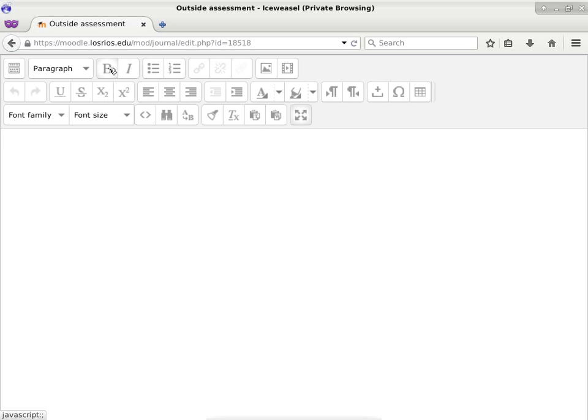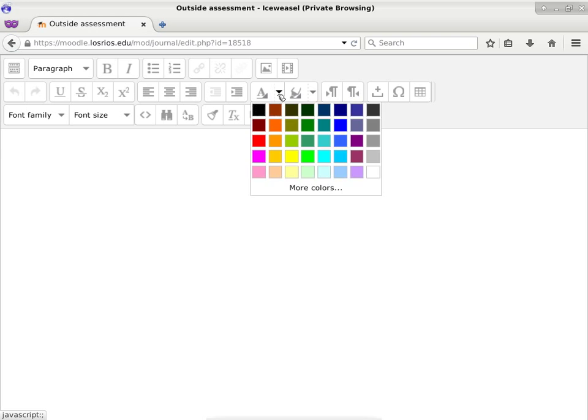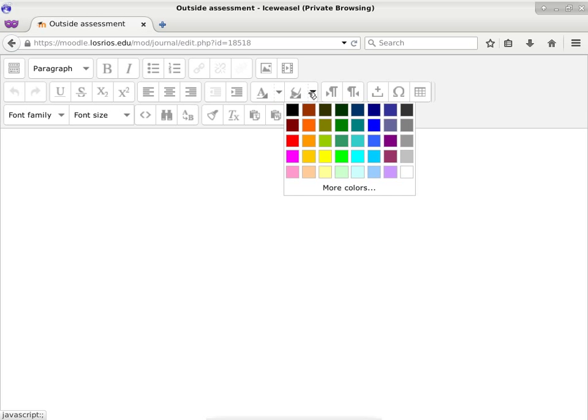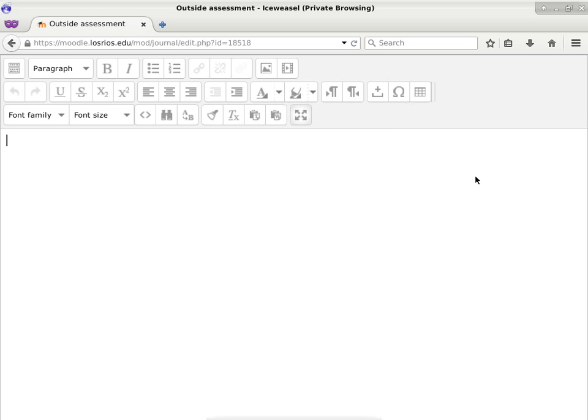Okay, these are the boldface, italic, bullet points, numbered list. You can insert a link if you want to. Okay, so this is for inserting a link. This is for inserting an image. You can increase indent of a paragraph, decrease indent, change the color of the font, change the color of the background. All the usual basic text editing features are here.